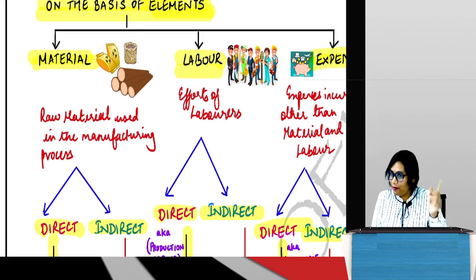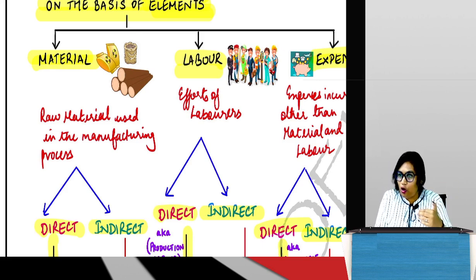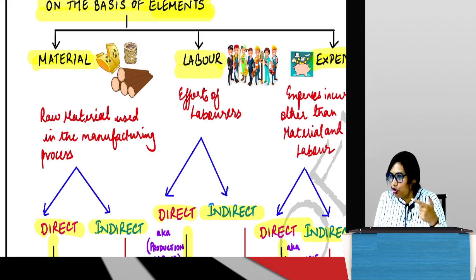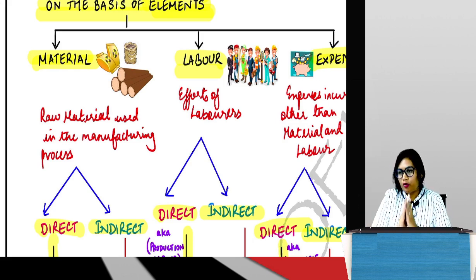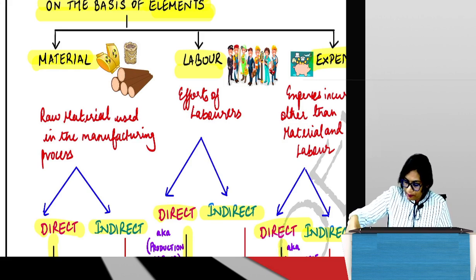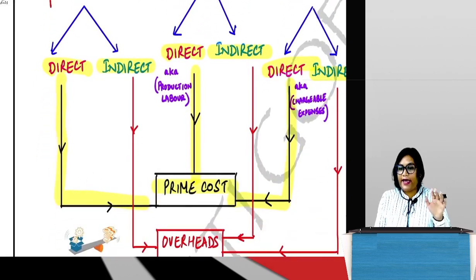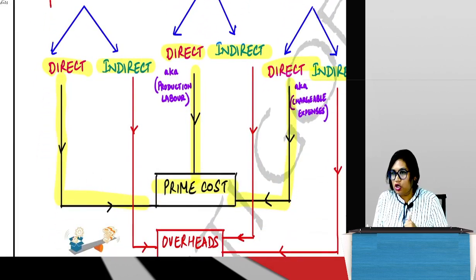So your chapter 1, if you remember yesterday we saw the overview of all the chapters in costing, right? The first chapter is introduction to cost sheet, second chapter is material, third chapter is labor, fourth chapter is overheads. So automatically that goes and sits in your head, material, labor, overheads. But it is not material, labor, overheads. Guys, is it clear? Everybody? So all direct costs, prime cost, all indirect costs, overheads.